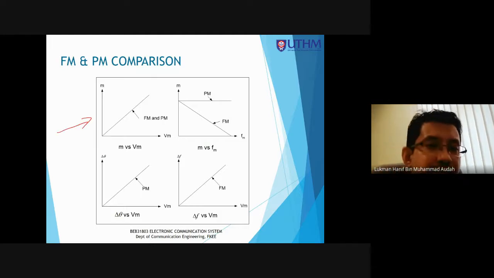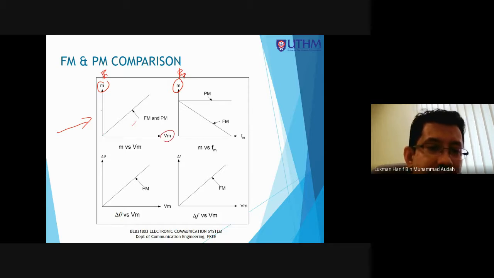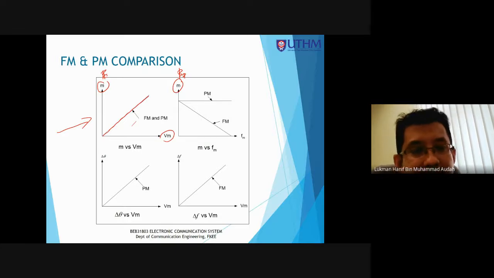Here M is the modulation index. This is actually beta, the value of beta. So this is beta F for FM, and this is beta P. You see that here beta F is proportional to the voltage of VM. The higher the voltage of VM, the larger the beta F, kerana beta F bersamaan dengan KF VM